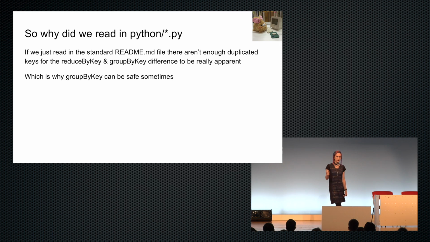If you read in something where most of the words were unique and then did group by key, it would be OK, right? And I think this is part of what makes group by key kind of the devil: it looks OK in our sample test data, but once we start throwing it at actual real-world problems where we have missing values, that's when it starts to actually explode.